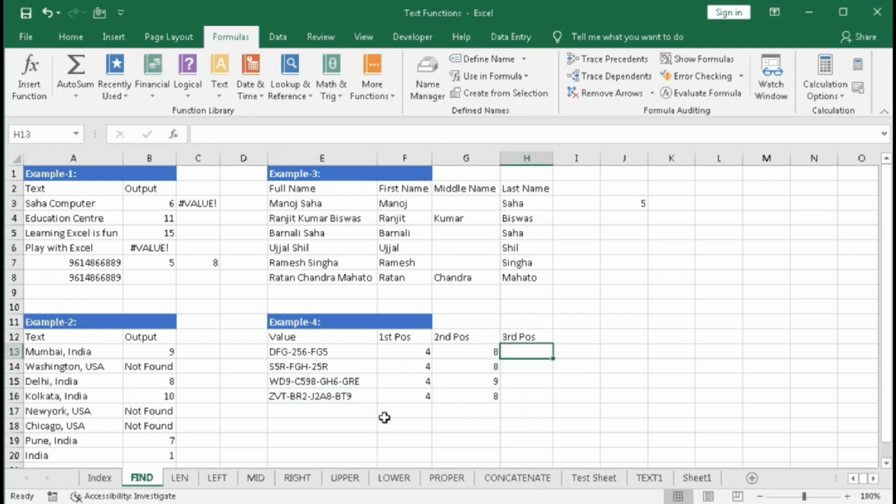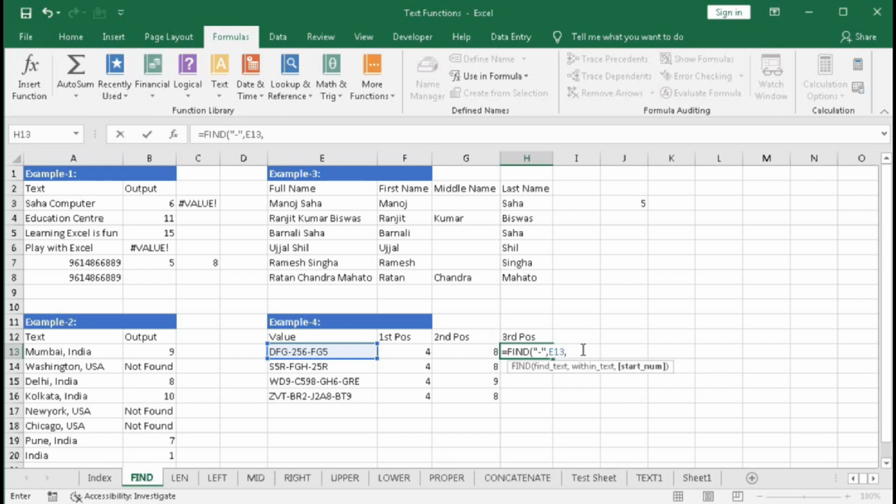So again, the same way we have to do here. So equal to FIND dash comma within text E13 comma starting number should be after 8. So how to get the 8th position? So here we have used the formula. The same formula should be used here.